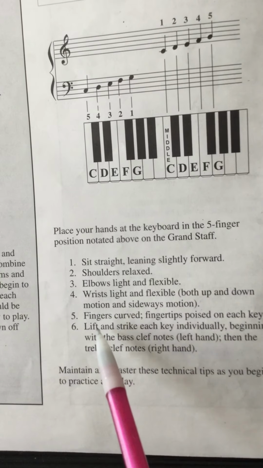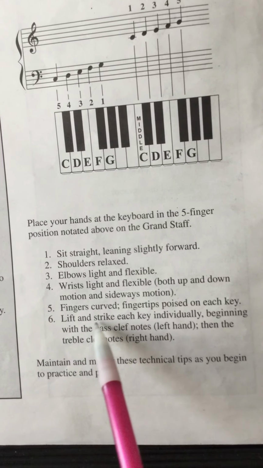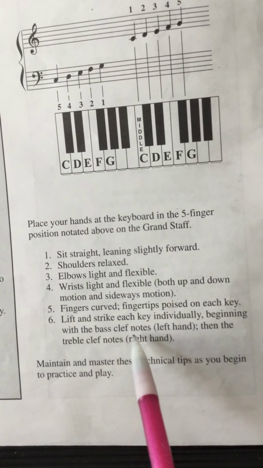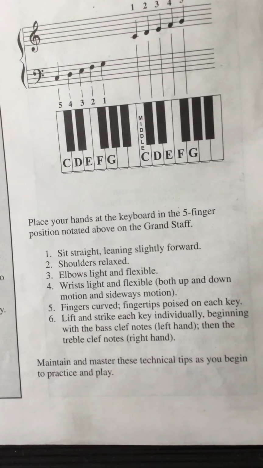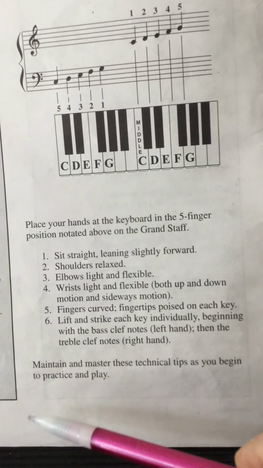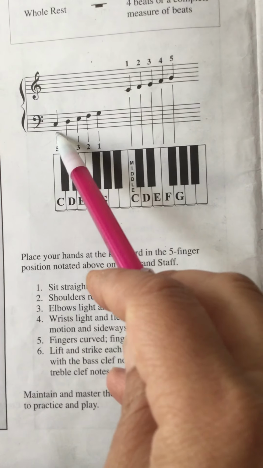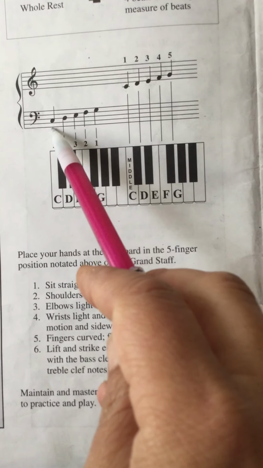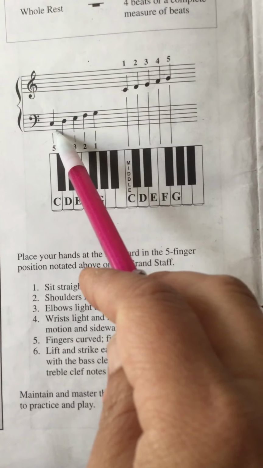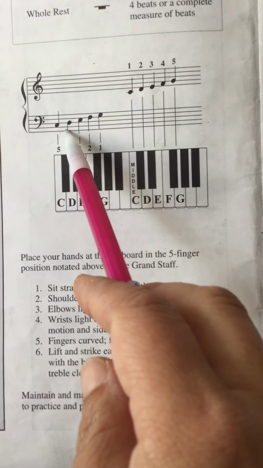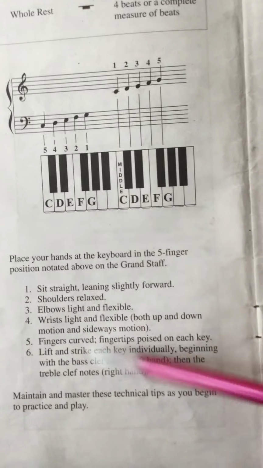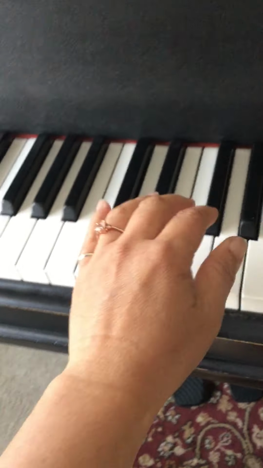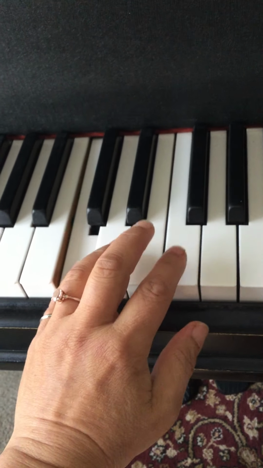All right. Back to the page. Fingers are curved, like we said, and lift and strike each key individually. And you can try this out playing your left hand, your right hand. You notice we had note values like these ones. As you play the next one, release the previous one, right? So you're not ending up holding everything. If there's a hold, you'll see a different note value. So like these left hand notes from C to G, so C, D,